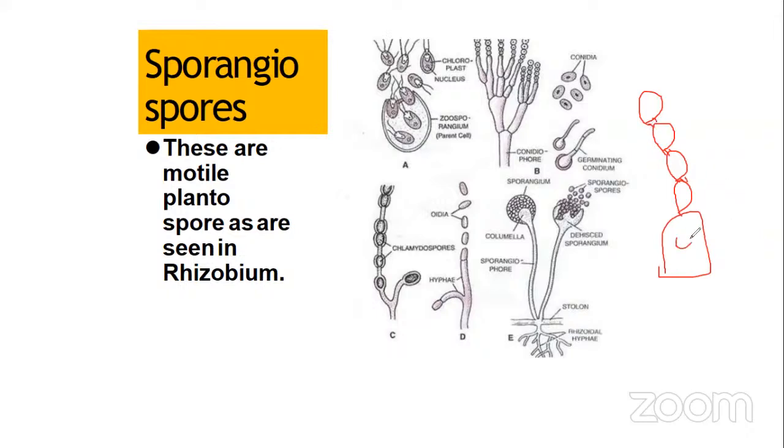This is the bacterial cell. On the bacterial cell, the conidia develop like a chain like this. These are the conidia. After formation, the conidia are liberated and germinate into new bacterial cells. So this is about conidia formation. The first asexual reproduction method is endospore formation, and the second one is conidia formation. Next one,